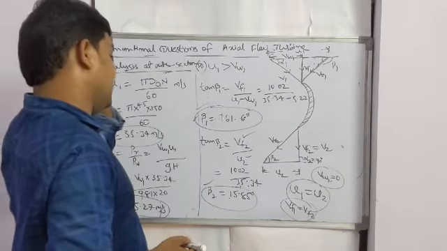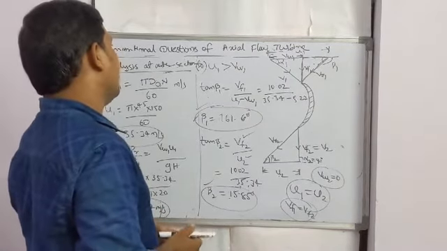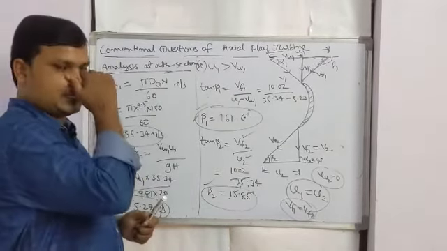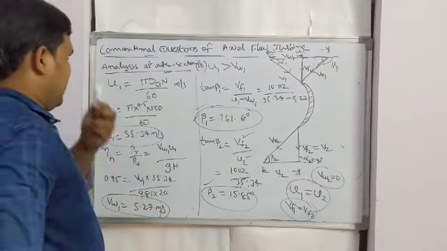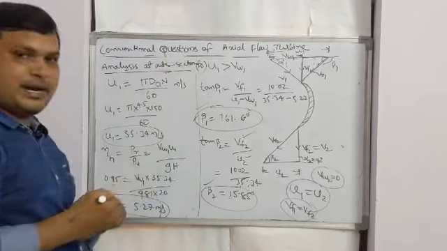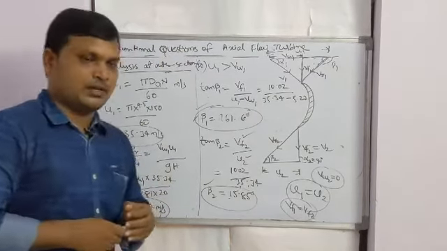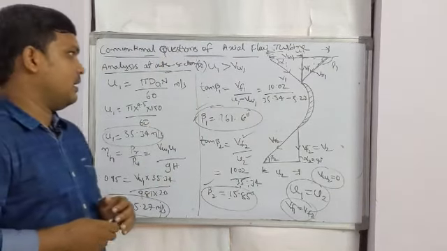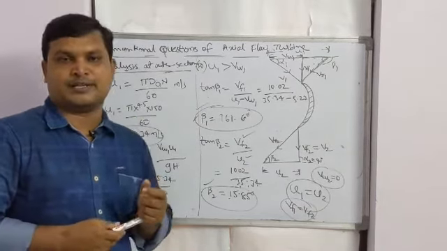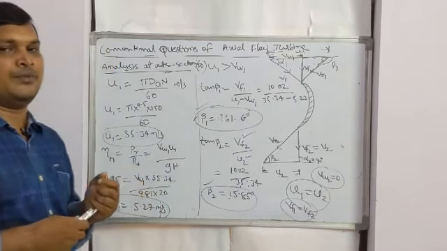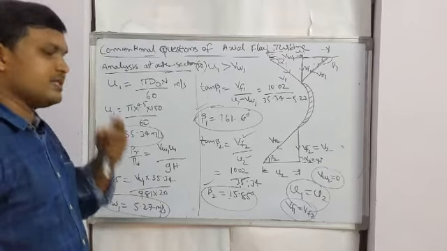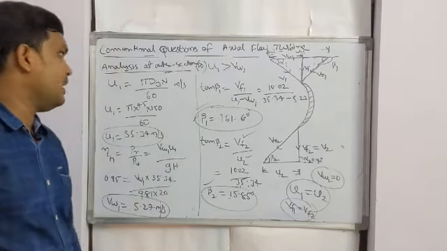Here I solved two different problems. You can follow different textbooks for practicing more numericals on this topic. So till now we have completed Pelton wheel, Francis turbine and Kaplan turbine. In the next class, we will discuss the draft tube and draft tube design proportions and how the draft tube is used for a reaction turbine. What is the requirement of a draft tube? What is the significance of a draft tube? We will discuss in the next class.